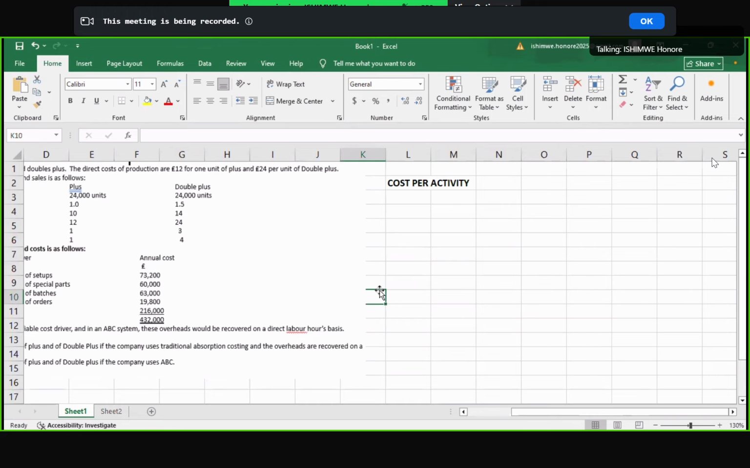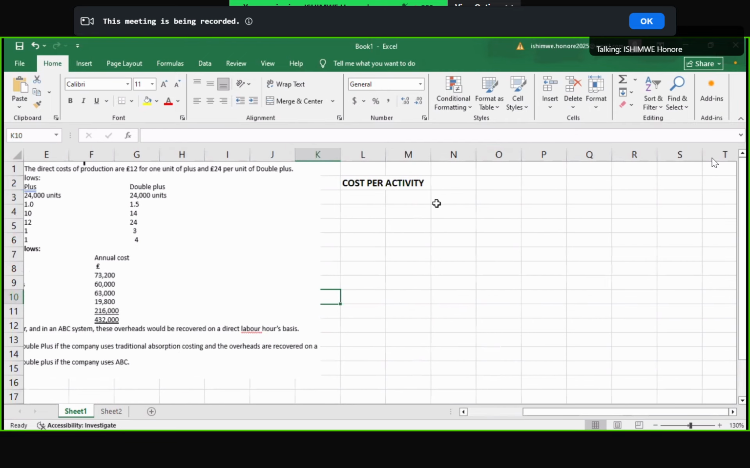Let me show you how we do cost per activity. You take the total cost of an activity, then you divide it by